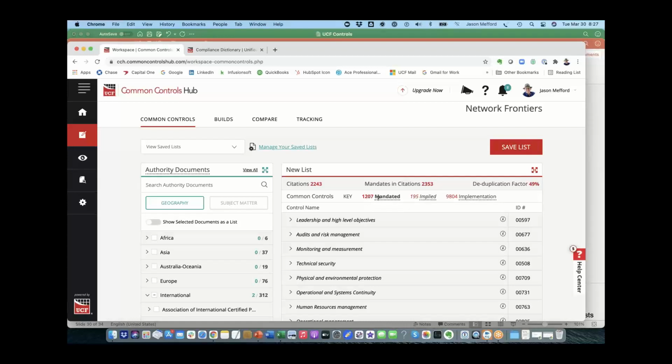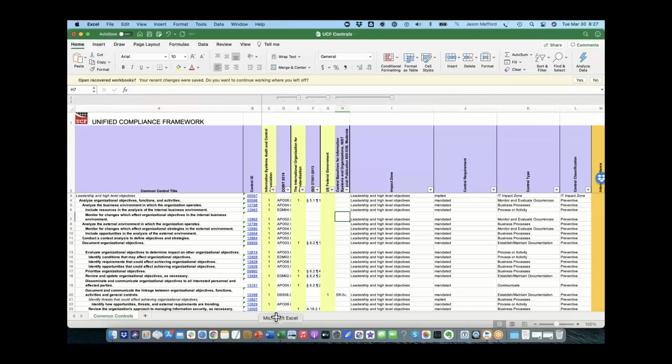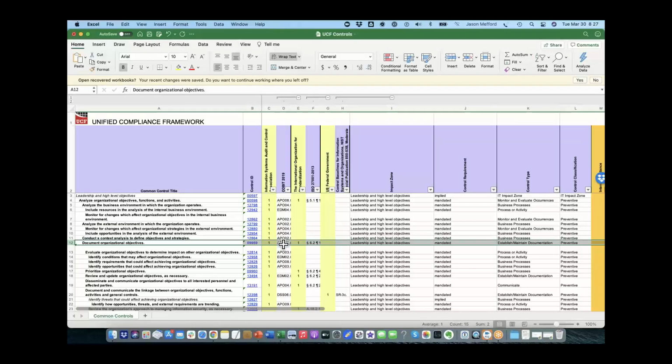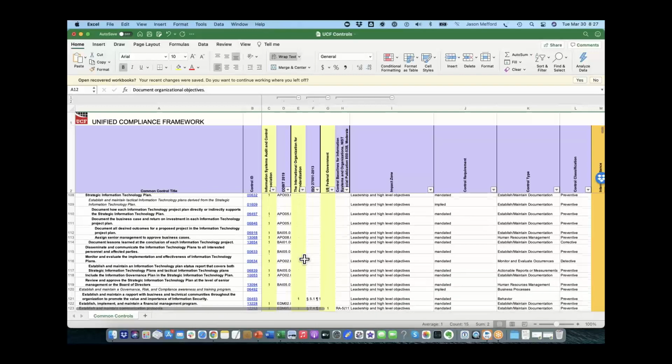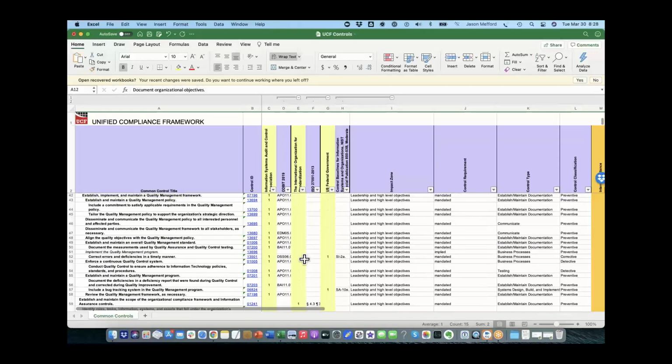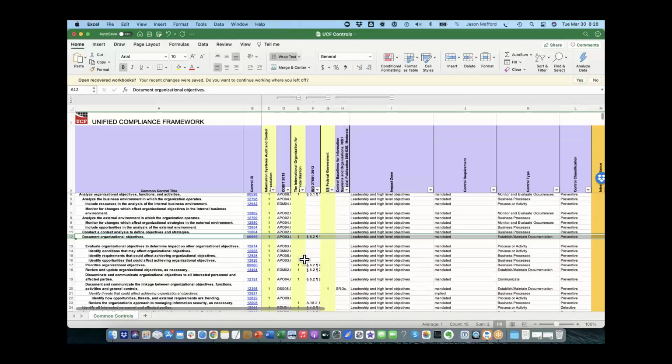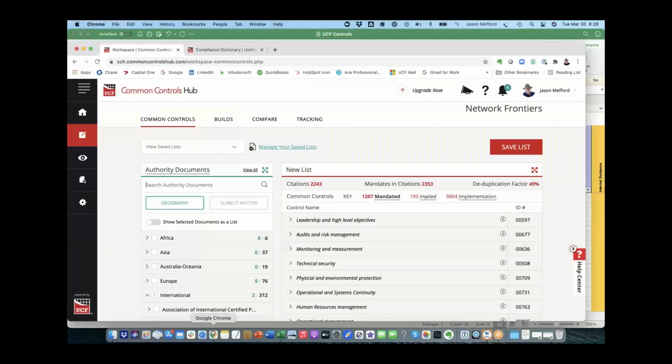And at this point, I can save it and I can export it out into a spreadsheet that looks like this. So here's my COBIT, ISO, and NIST 853, and shows you exactly all of the different controls that you have to do, where they actually intersect into the different documents, where there happens to be duplication across the documents as well. And again, so here's now I have a list of 1,200 different controls, which is half of what you would have done if you would have done it separately, that I can simply export again from the tool.